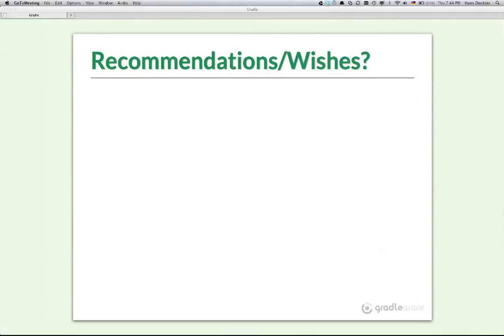So this is just, there's nothing spectacular in there. We might have a first version of the migration plugin there. Otherwise, from all the features I've talked about, there will be nothing in 1.1. So if you go to the Gradle roadmap,